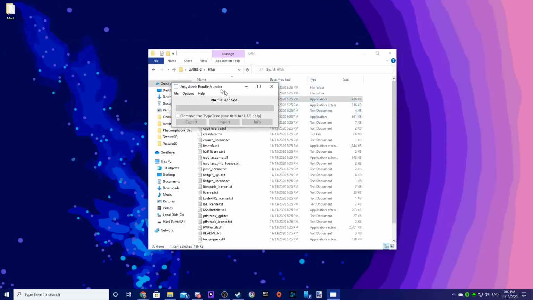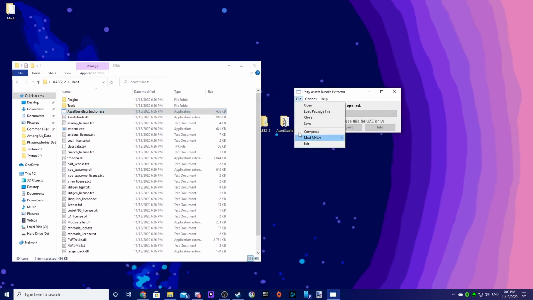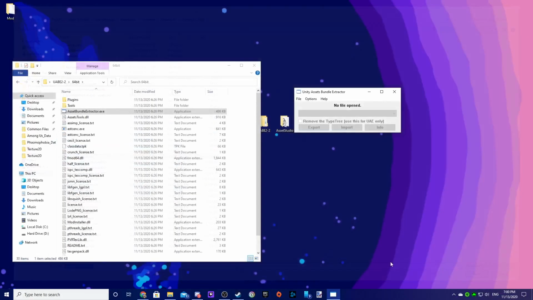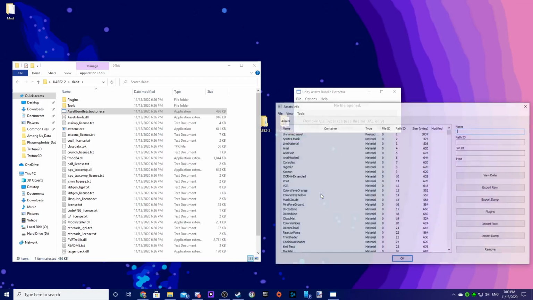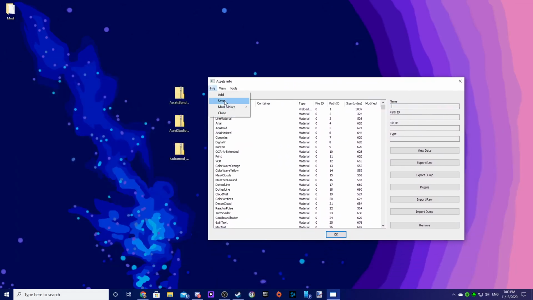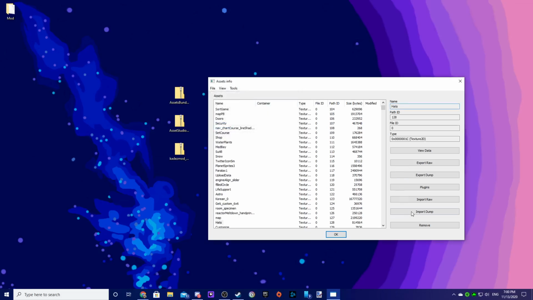So this is why you need UABE, because you can't do this with AssetStudio. But you'll go to File, Open. You'll go to Shared Asset 0, not Load Package File, because you have no package file. There's no EMIP. So you're gonna go to File, and then oh no, you're not gonna go to File. My bad. You're gonna find the asset that you want to replace. So in this case, I want to replace hats, and you're gonna go to Plugins,